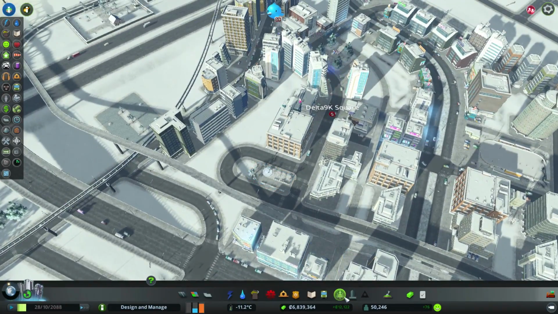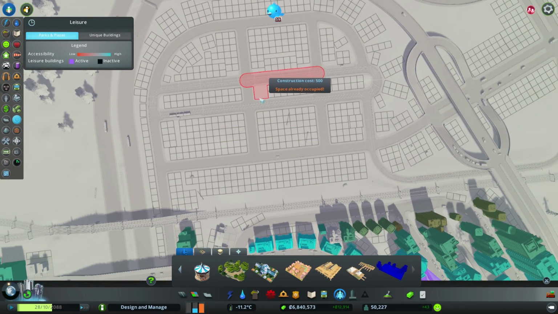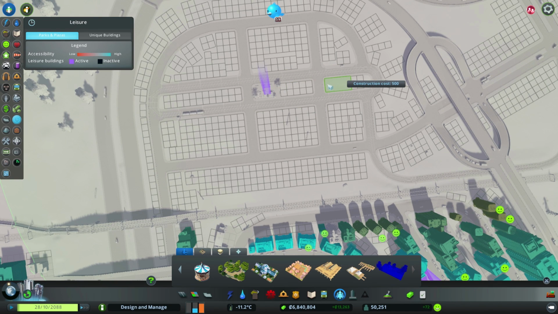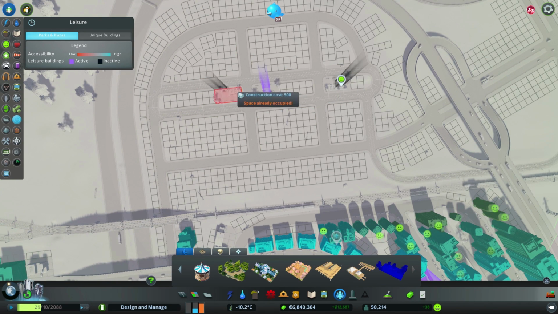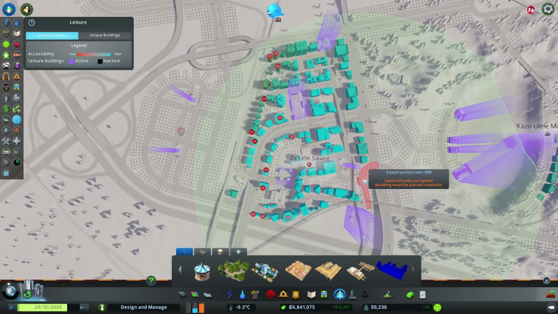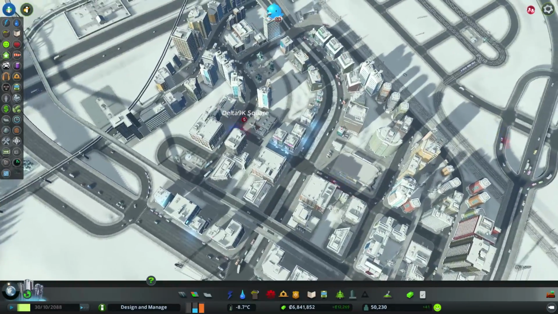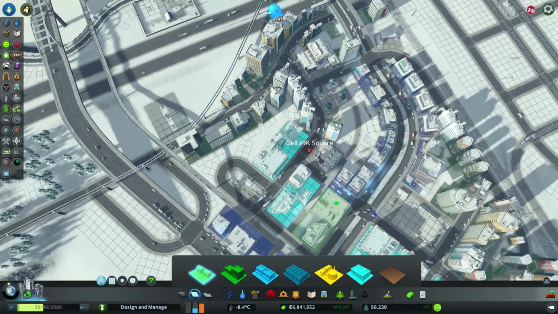But for now I think I'm gonna place a few more of these. So I have this location over here, so I'm gonna place one over there, and maybe I'm gonna put one here and another one over here. I'm gonna delete this one. Okay, very good. And I've also noticed that we have a few blank spots on this side of the city,